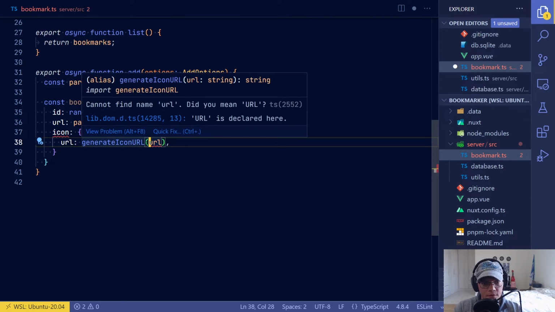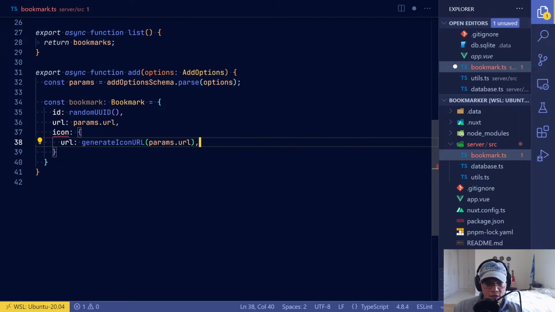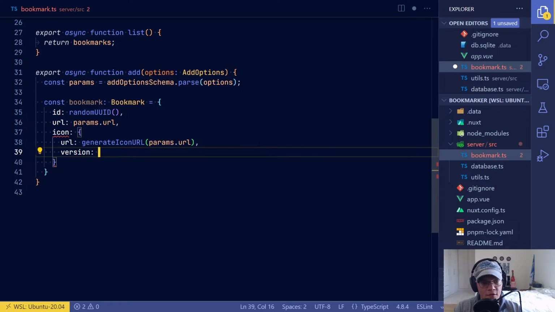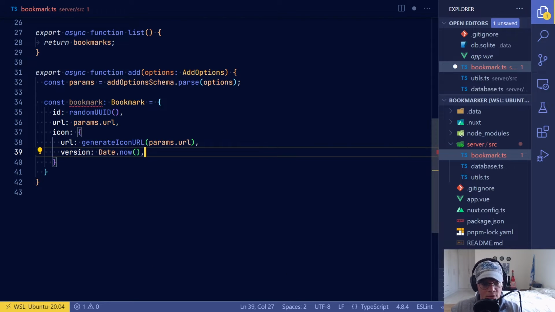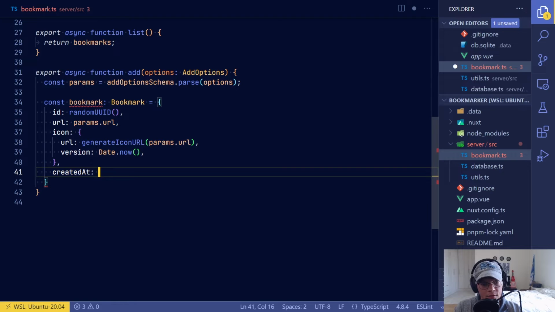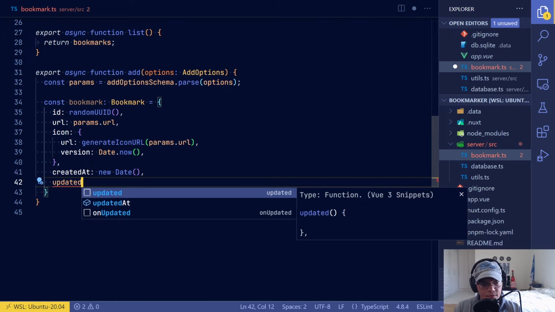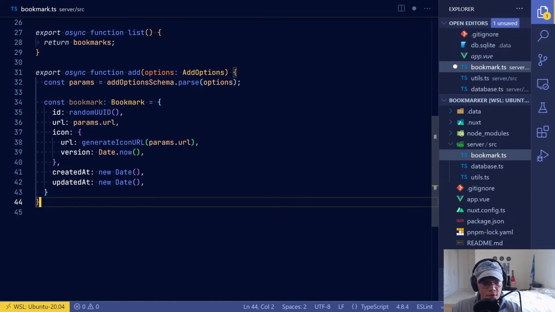And params.url. So that will generate our URL for us. And then for the version, for now, we'll just insert it as the Date.now, because version is a number. And then createdAt would be a new Date, and updatedAt would be a new Date. Perfect. So we have the entire bookmark that we can save now, and basically all we need to do is